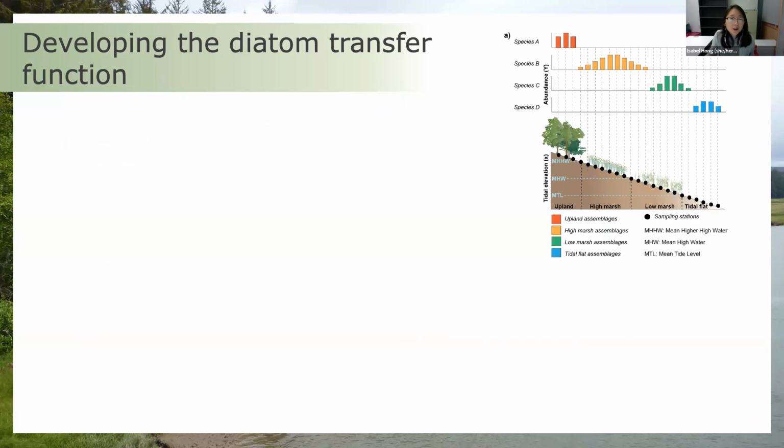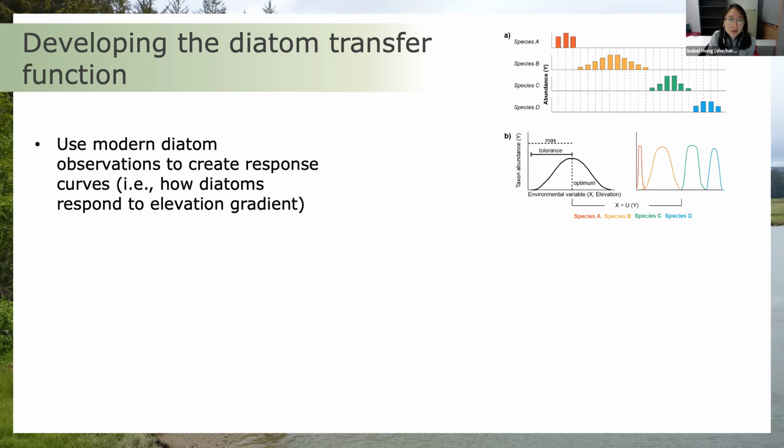And so how do we develop then a transfer function? What does that look like? And so the first step is in quantifying what's happening with the modern day distribution. And that's what I talked about previously in this talk, where we see different diatom species and their relative abundances across the tidal wetland environment. And the next step, similar to what I described for you with doing weighted averaging, using the transfer function to then identify the optima, the elevation optima, and the elevation tolerance of these diatom species.